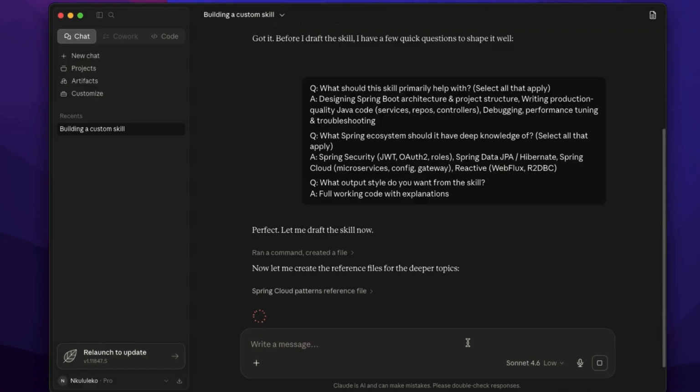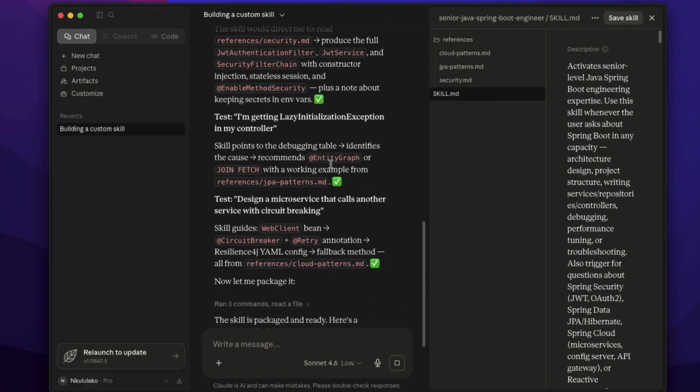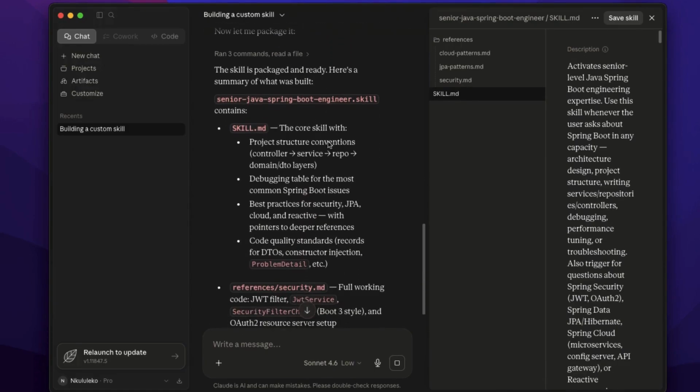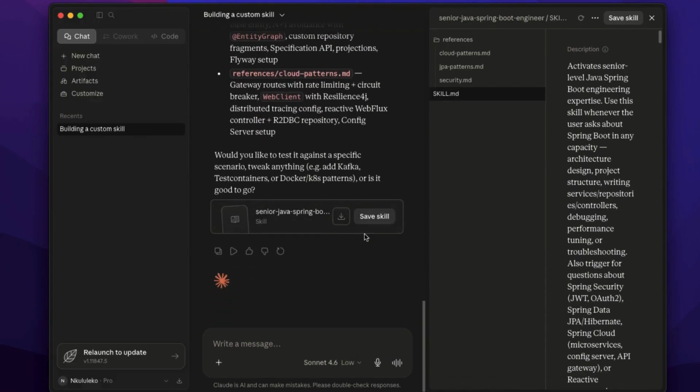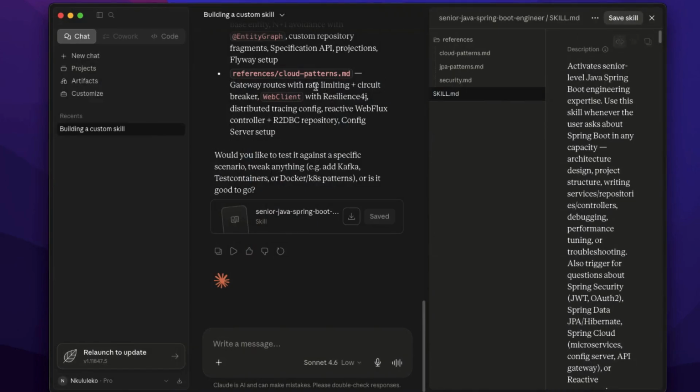This is Zip Code, and we are looking at Claude Code. We're talking about skills. So as you can see right now, we're building a new custom skill in Claude. This is a senior backend skill, and I will take you through all the steps to create a new skill and use that skill with our Claude Code to build a project, and we basically see it running on our